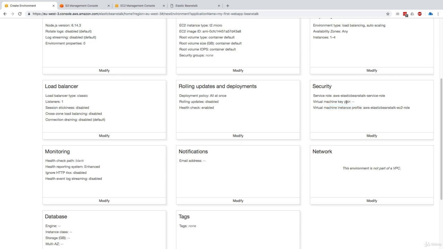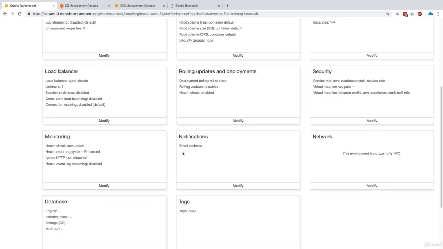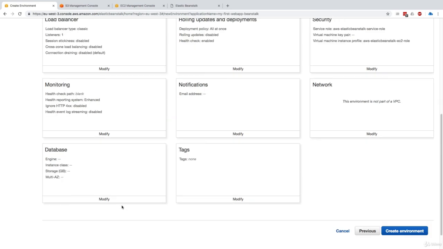So all the stuff we learned before from IAM roles, we can define it here. Monitoring, we can set monitoring, notifications, network, database. So here we are able to actually create an RDS database. But what you need to know is that if you do create an RDS database through this, then you will basically have it deleted or lost if you delete the environments. So sometimes it is actually better to externalize an RDS database to Beanstalk, because then it won't be deleted if you delete your Elastic Beanstalk environments, but something to know, right?